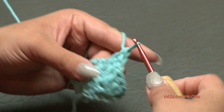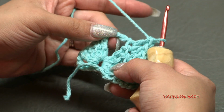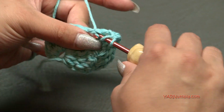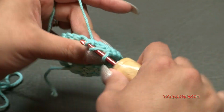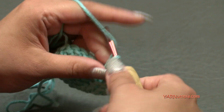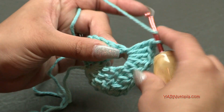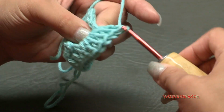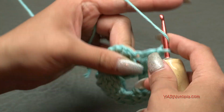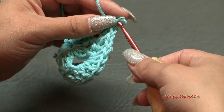And now you should be at your chain 3 space. And in the chain 3 space, we are going to put 5 double crochets into this chain 3 space. So let's count. 1, 2, 3, 4, and 5. Awesome. Now we're going to double crochet in each one of these next 4 stitches. So 1, 2, 3, and 4, and this chain up 4 stitch counts as a stitch right here,